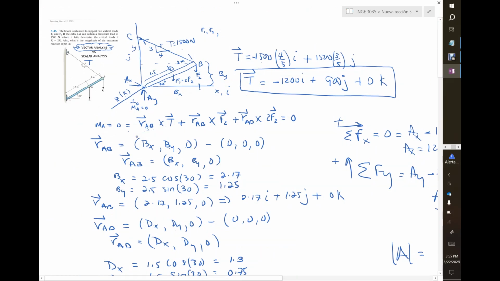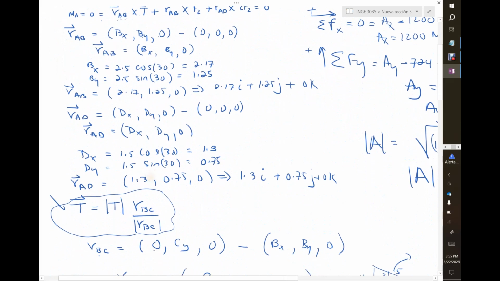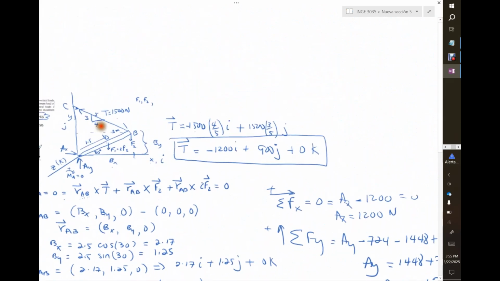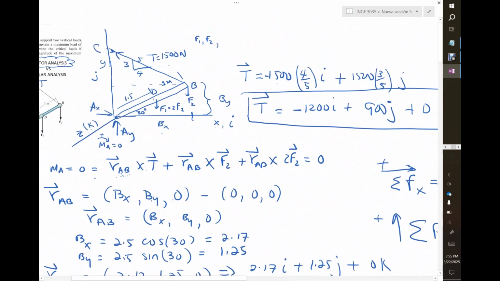And so those are the results, basically using vector analysis. If I go back and do this here, let's see where I can do this so you can see what I'm going to be doing. If I want to do this